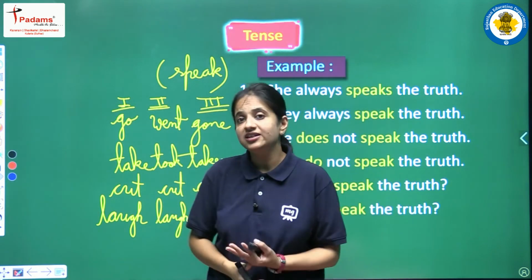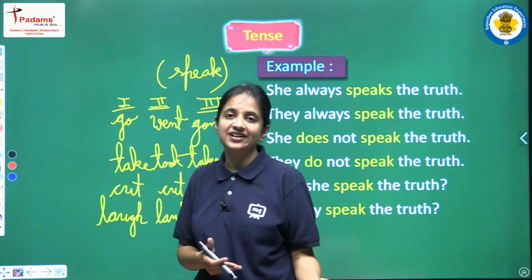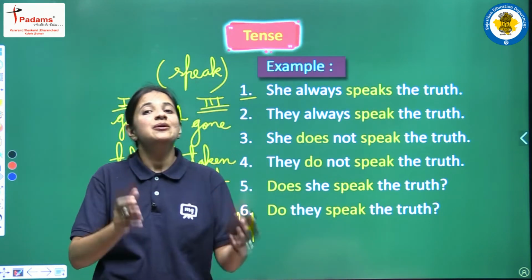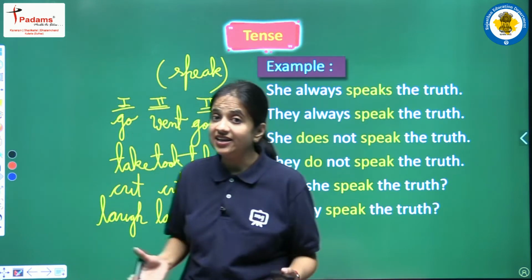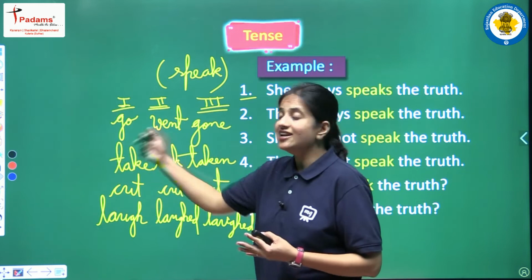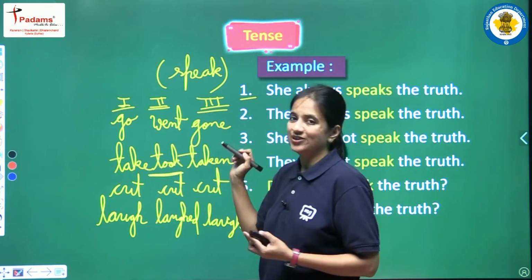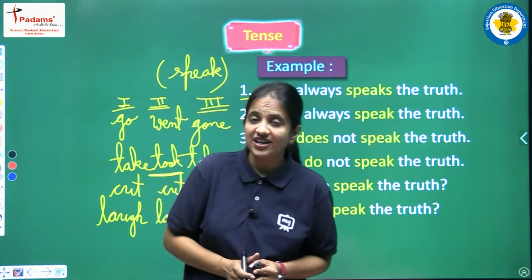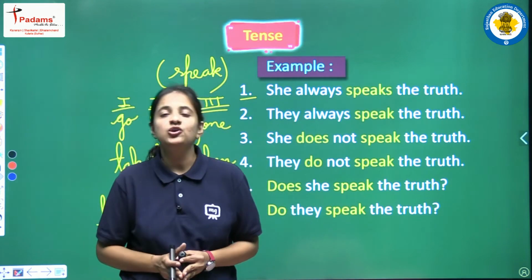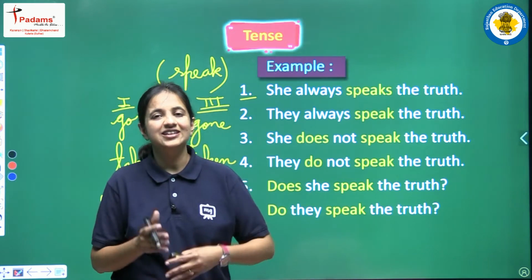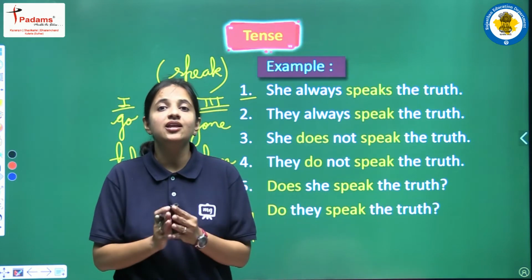Because आपने ये तो लर्न कर लिया कि हमें फर्स्ट फॉर्म ऐड करनी है, ये आपको पता है कि इस टेंस में हमें सेकंड फॉर्म यूज करनी है. बट अगर आपको सेकंड फॉर्म पता ही नहीं है, you are having no idea that what is the second form of the take, then how will you write took, okay? So yes, ये भी एक ऐसी चीज है जो आपको लर्न होनी चाहिए. If you actually want to use the correct answer of the tense, then yes, you have to learn the different forms of the main verb.